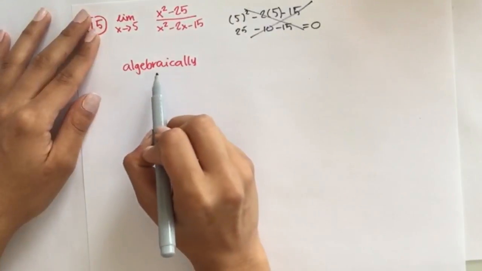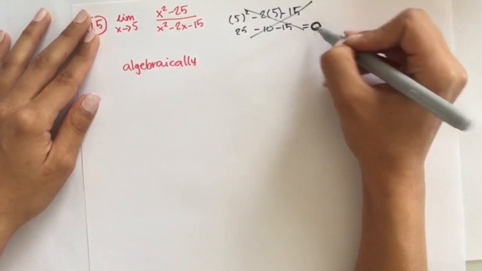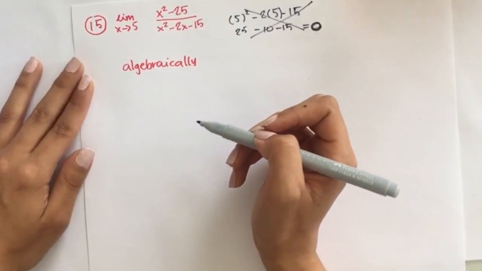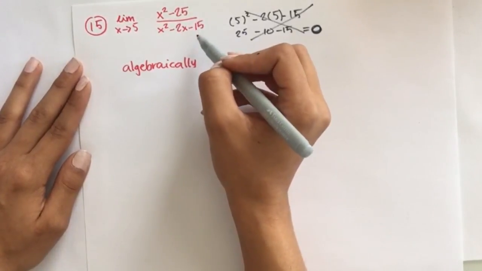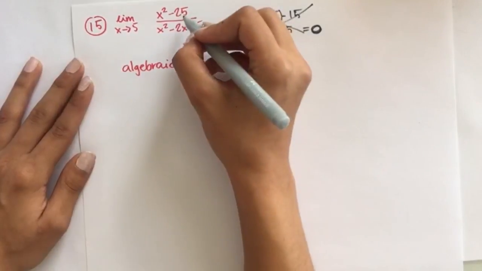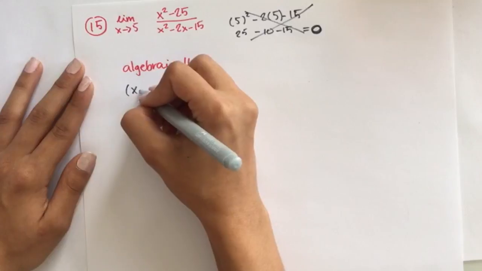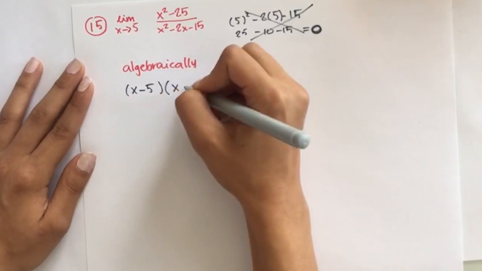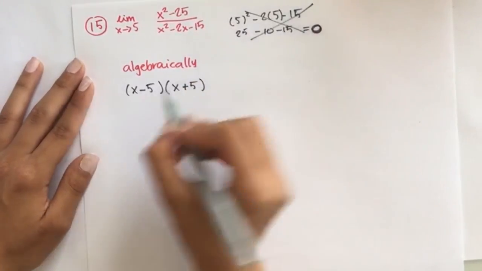We know to solve it algebraically because the denominator is 0, and this would be our second try. And so first we have to expand. To solve it algebraically, we have to expand these two expressions. So the first, 5 times 5 is 25, so we expand it like this: x minus 5 in one parenthesis and x plus 5 in the other one, over